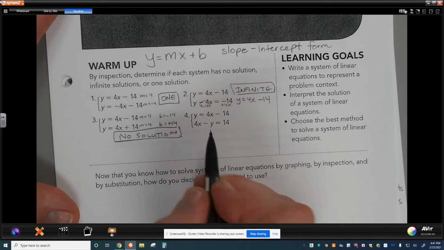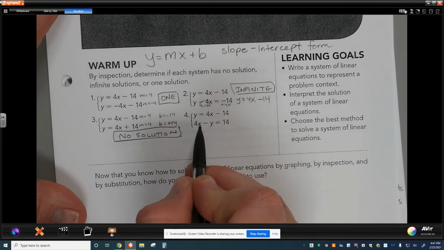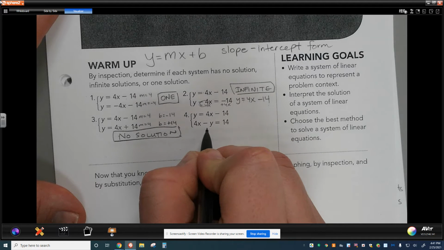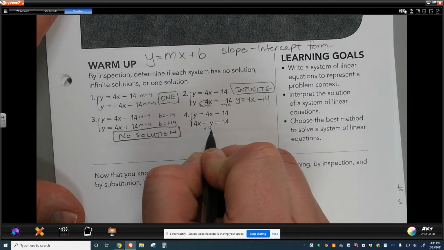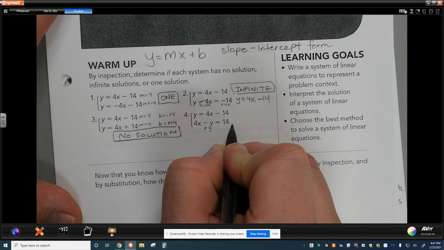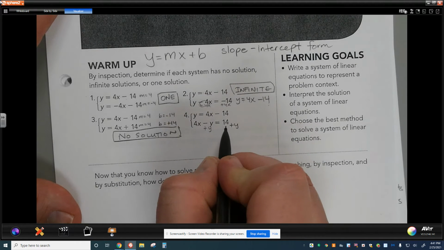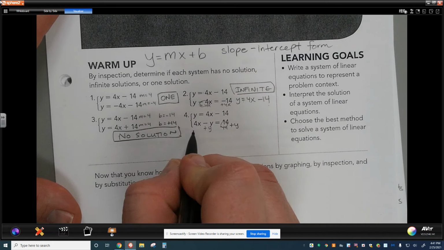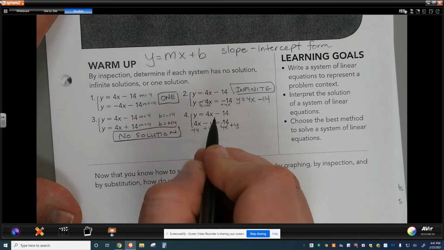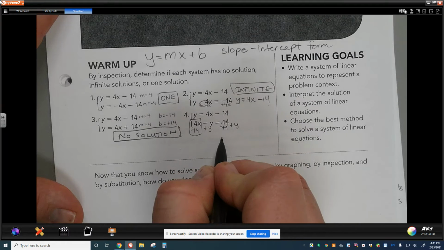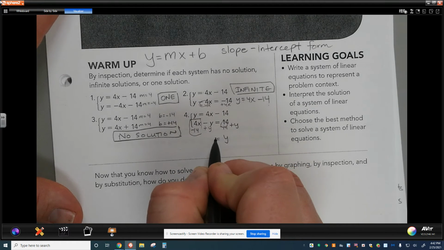Now the last one, we have the first equation in slope-intercept form. The second equation is not solved for y. So let's go ahead and get y by itself. We will add y to this side and then to this side. I'm setting it off to the side a little bit because I need to get rid of that 14 as well. So I'll subtract the 14 and I'll subtract the 14. And then that sets me up with this expression that is equal to y. So then we have y is equal to